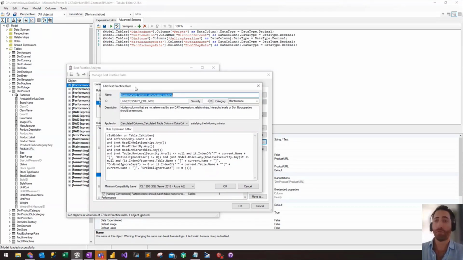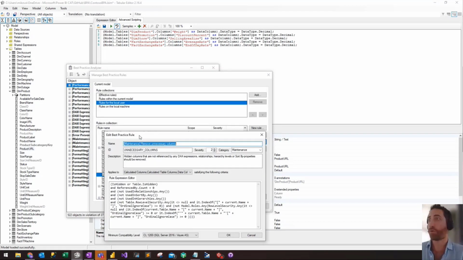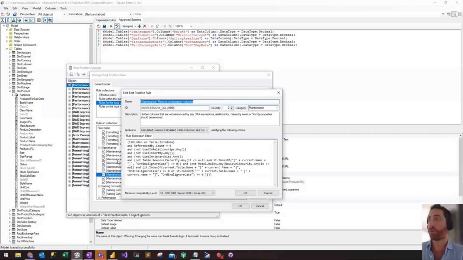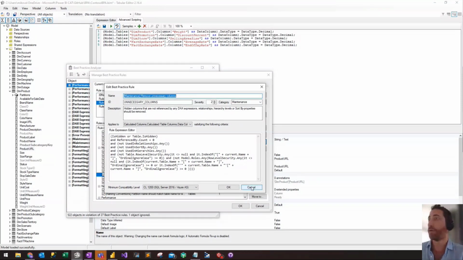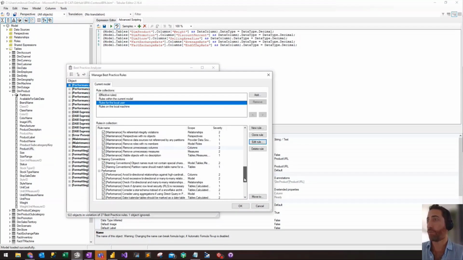So for all those models out there that have no hidden columns, everything is visible, you will unfortunately not be able to take advantage of this particular rule. So the suggestion is hide the appropriate columns as per those two formatting rules, and then you'll be able to make more effective use of this rule, as well as another rule,